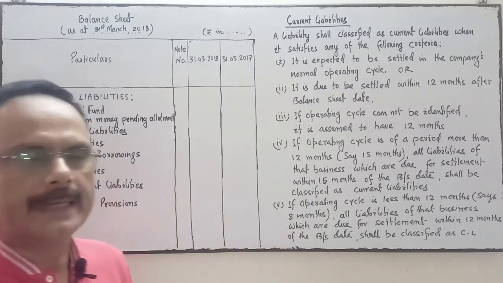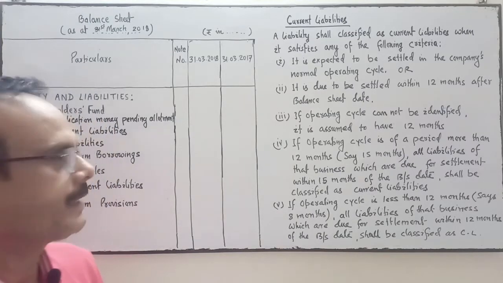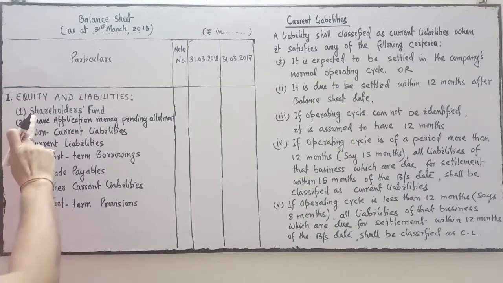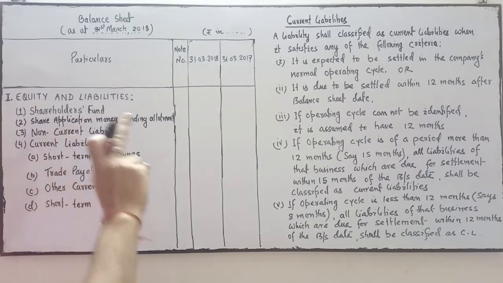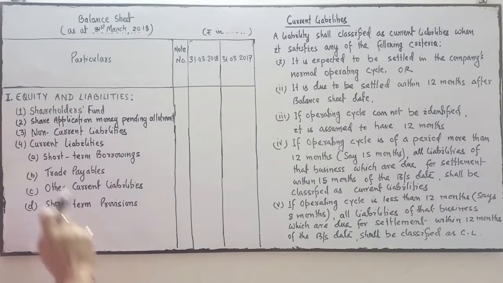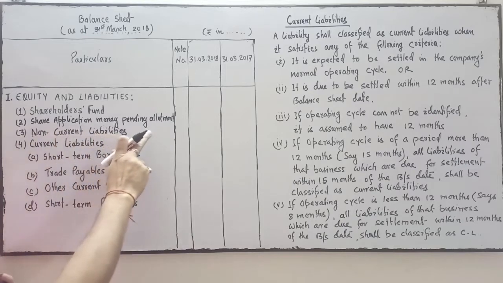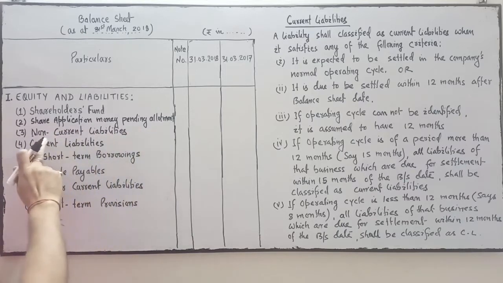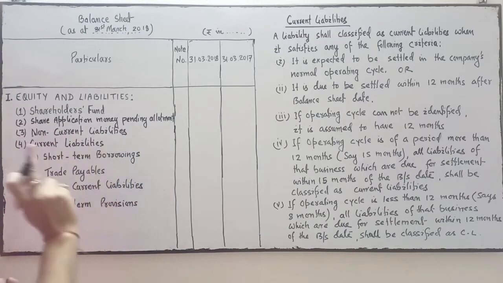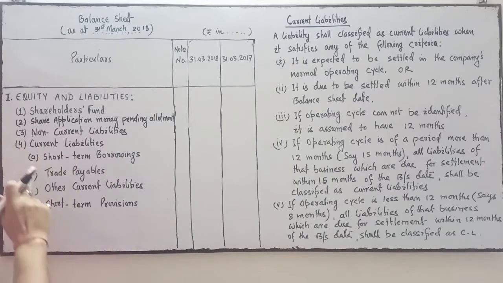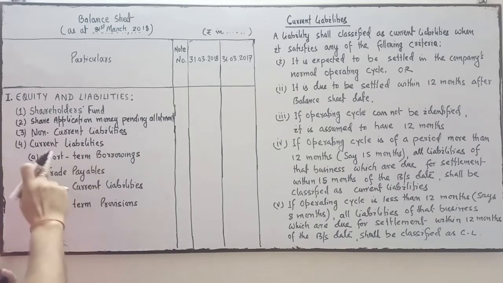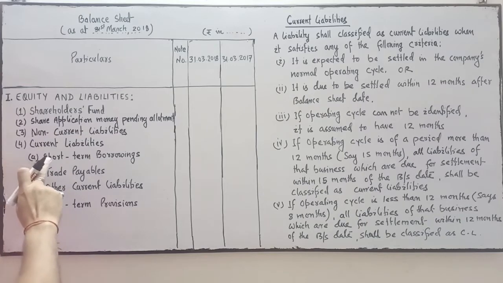Now come to the next in the balance sheet. After discussion of the shareholders fund, we have discussed the shareholders fund. Share application money pending allotment is discussed. Non-current liability is discussed. Now our term is current liabilities. Under the current liabilities, under this